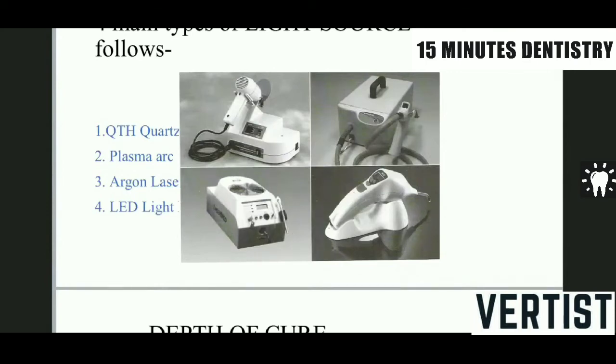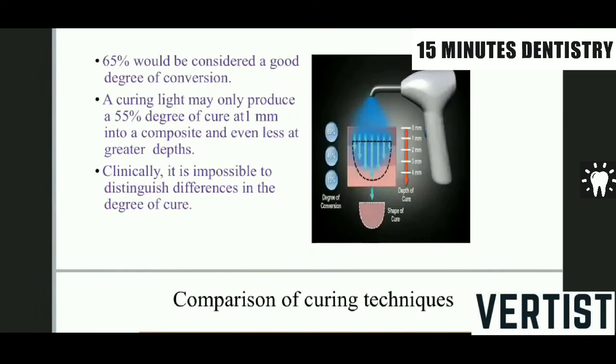Now whenever this light is exposed to the outermost surface of your restoration, that is your composite resin, the superficial part is going to get cured. The full depth of the composite doesn't get cured, because the superficial part will initially get the maximum dose of light and it will get hardened very fast. Then the inner layer, and then the inner layer. That is one of the reasons why composite restoration has to be done in layers. It has to be done in a stepwise format.